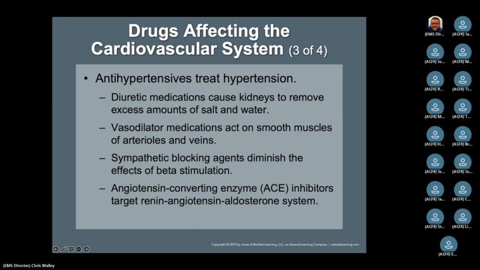Your angiotensin converting enzyme, or your ACE inhibitors, they target the renin